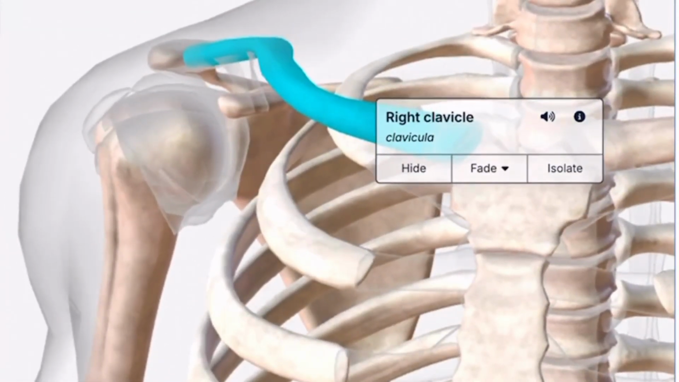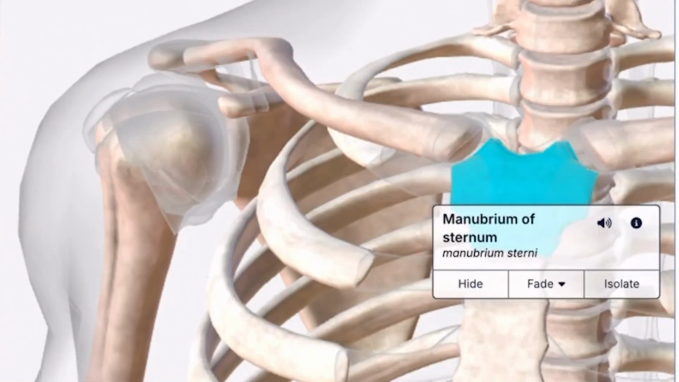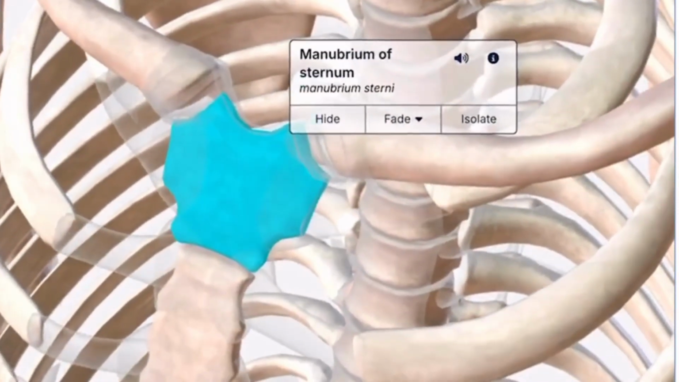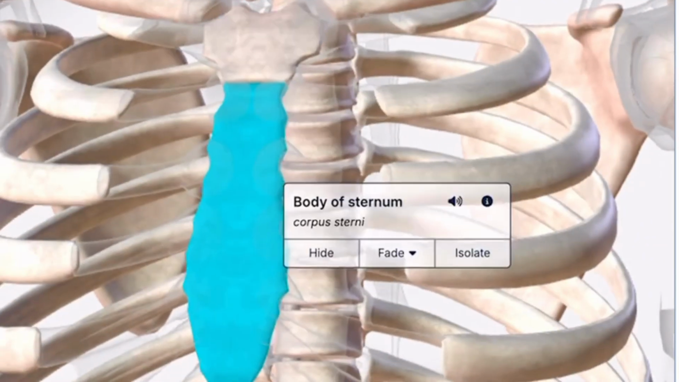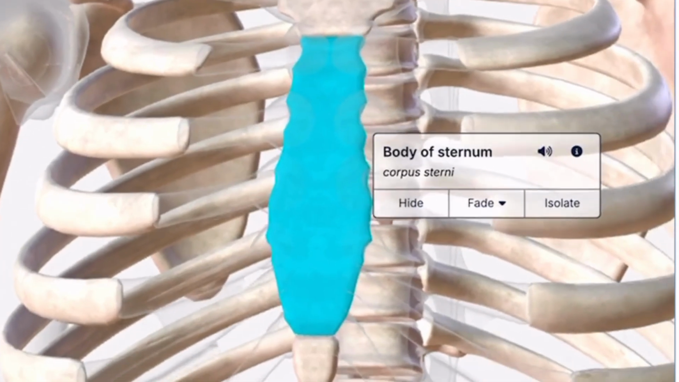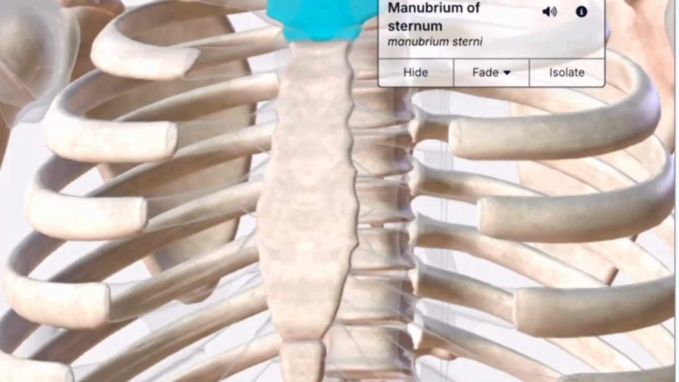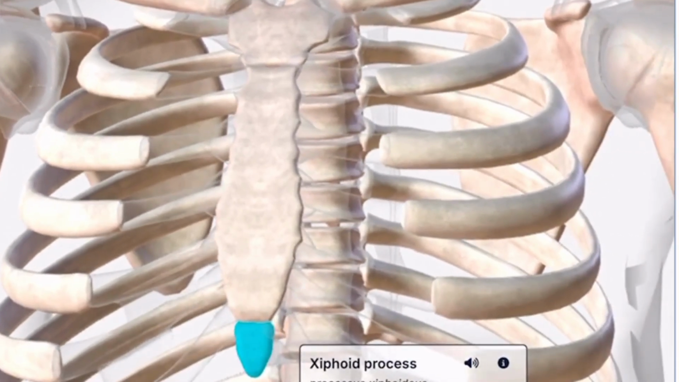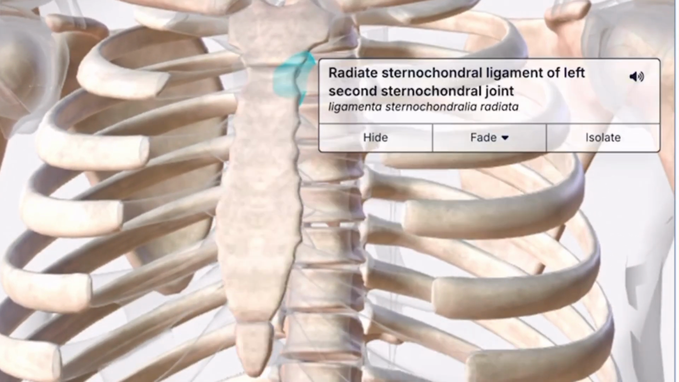Most medical students memorize anatomy to pass an exam, but great doctors memorize it to save lives. A fall on an outstretched hand does not just injure the wrist or shoulder. The force travels along the upper limb to the clavicle, the only bony link between the arm and the axial